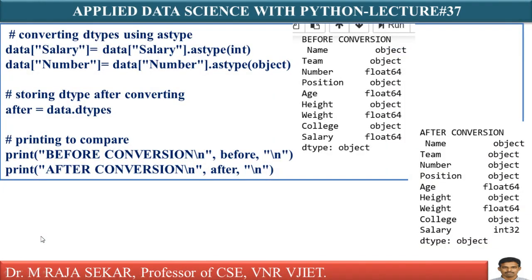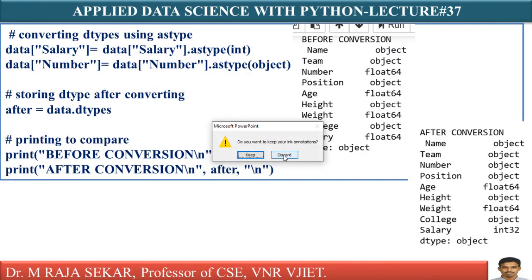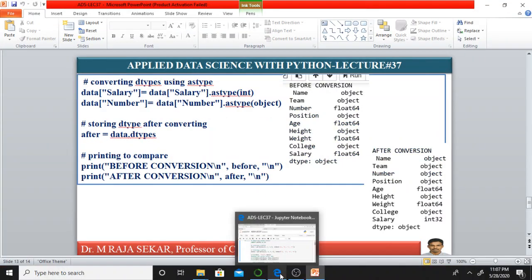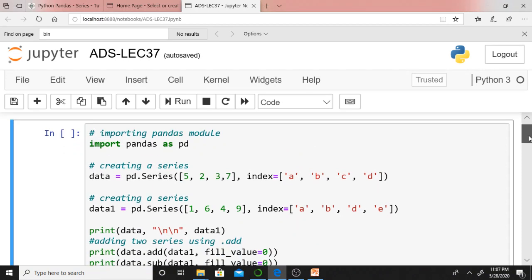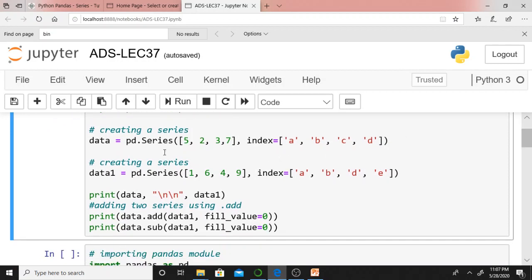You can understand this. We will try to understand these concepts with our dearest friend, Jupyter Notebook. Let me go to Jupyter Notebook, import pandas as pd. We already discussed this one. With pd.Series, we created a series with elements 5, 2, 3, 7 whose indices are a, b, c, d, and we created one more series 1, 6, 4, 9 whose indices are a, b, c, d, e.